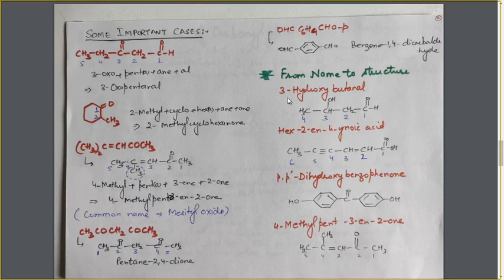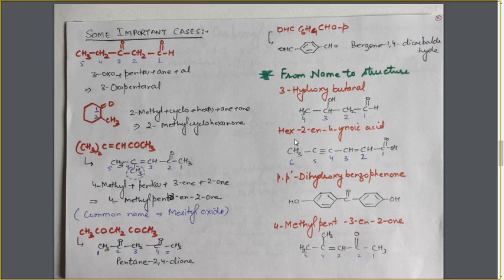Then look at the name, what are the substituents present and what is the main functional group present here. There is 3-hydroxy, that is hydroxy group as substituent. So at the 3 carbon atom we will place the OH group as the substituent, and it is butanal, that is a saturated carbon chain, no double bond, no triple bond, only single bonds, and al means aldehyde, and aldehyde is always at the terminal position, that is first position if it is the main functional group. So at the first position we will place the aldehyde group, and the rest of the valencies will be covered with hydrogen. So here there will be 2 hydrogen atoms, 1 hydrogen atom, and here 3 hydrogen atoms. Let's see the next compound,